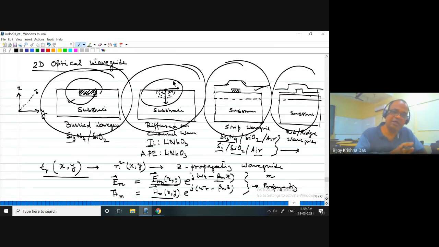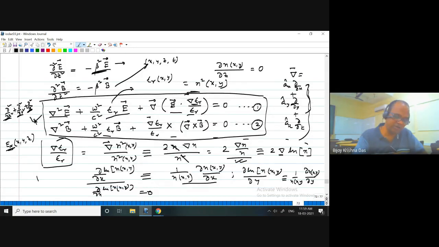But numerically you can express them as a matrix, an XY matrix. You can find out, okay, at this coordinate X1, Y1 this is the refractive index. You can get some kind of matrix. That matrix you can handle numerically, and numerically you can solve your vector wave equation. Then you can get your eigenvalue equation from the matrix form, and then you can get all 6 components and your effective index or propagation constant.